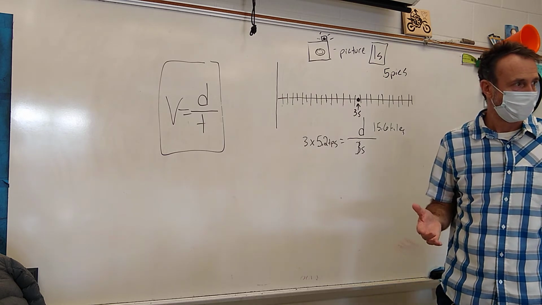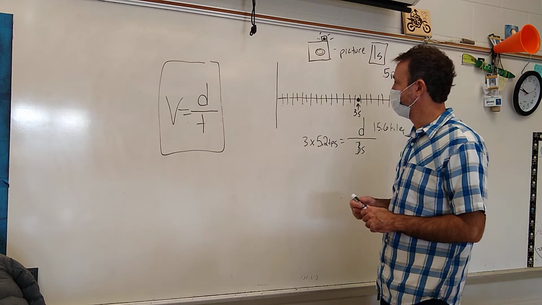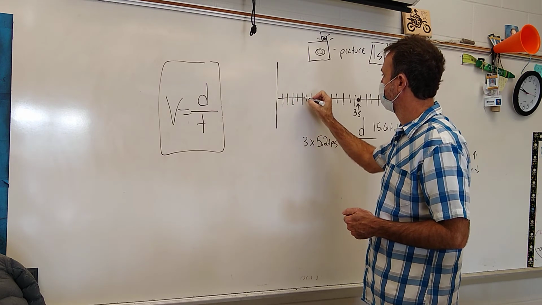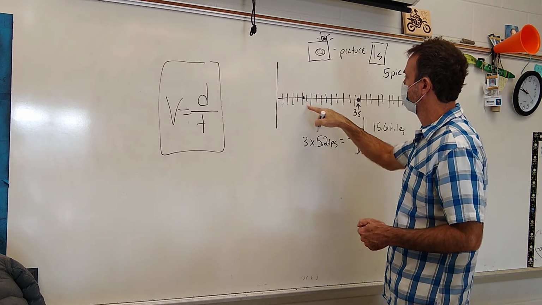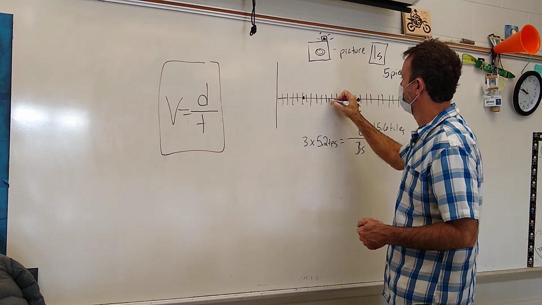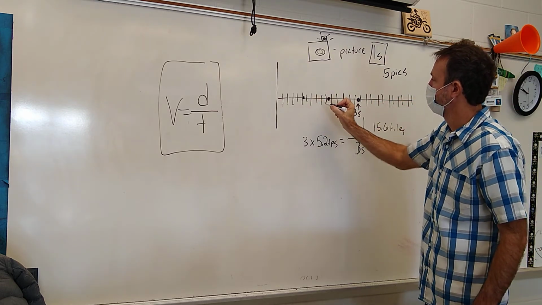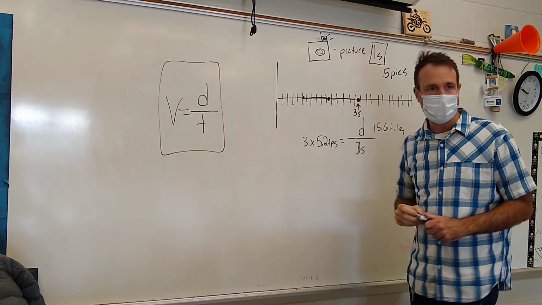Exactly. Does this make sense to everybody? Your first dot will be at 5.2 tiles. 1, 2, 3, 4, 5.2 tiles. Your second dot will be at 10.4 tiles. 6, 7, 8, 9, 10.4. And then we would notice that the dots are always going to be the same distance. Because what do we know about this car? It's traveling at a